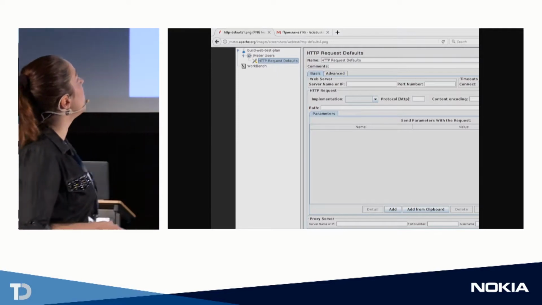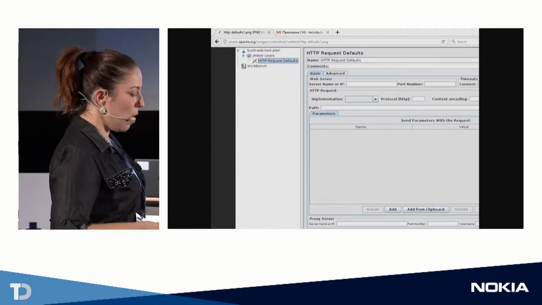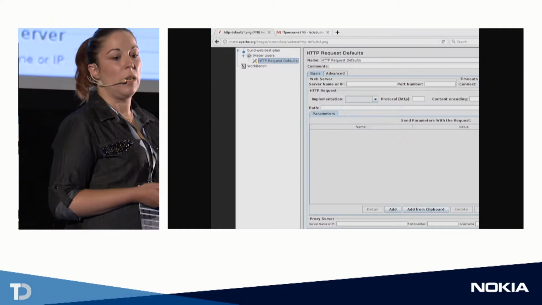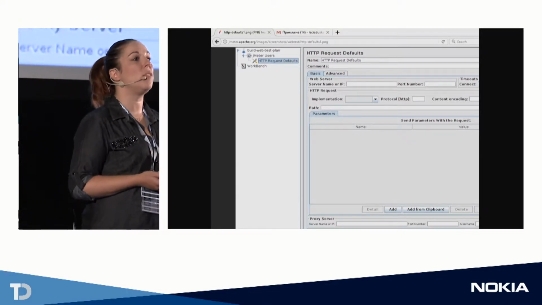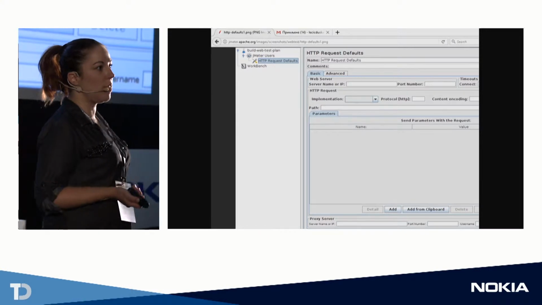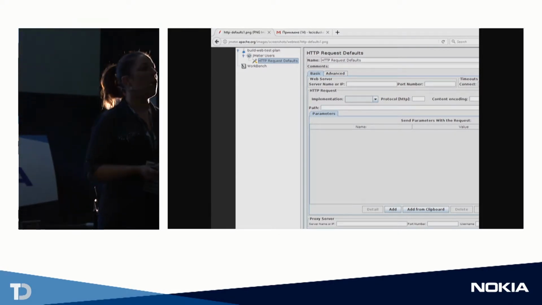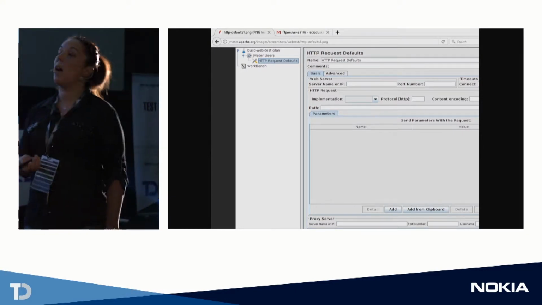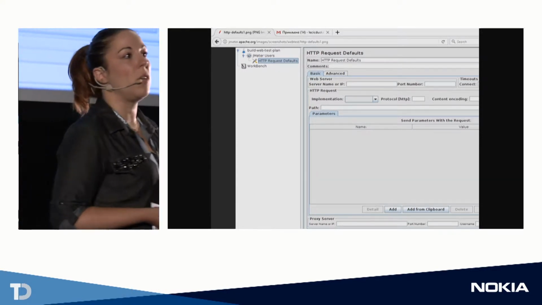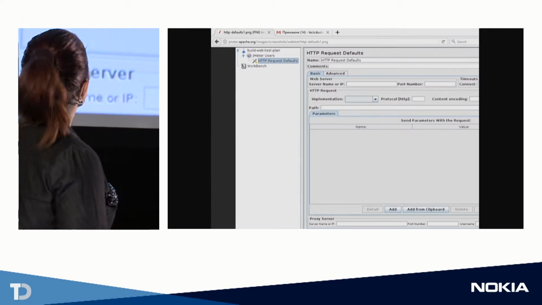On this screen is HTTP request defaults, but beside the HTTP request defaults, we have a lot of different requests that we can put in our test plan. Actually, one of them is HTTP. HTTP defaults is like some home page or something similar, the first page that we must enter before our test plan. But we can add a lot of different HTTP requests, or similar LDAP, JDBC, JMS requests that we need